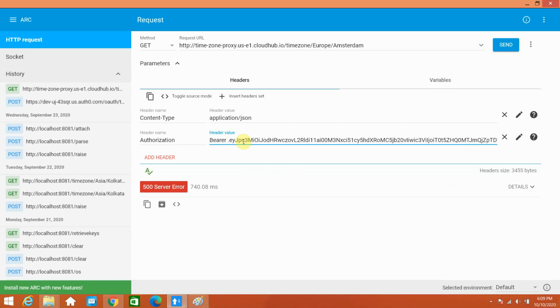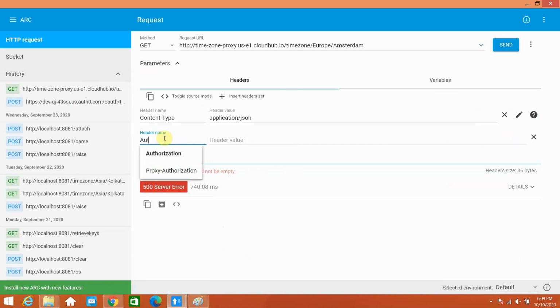Let me generate the token again. Let me remove this value. I can put authorization.